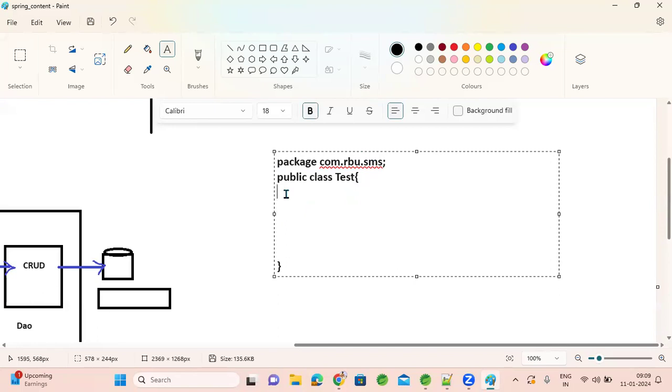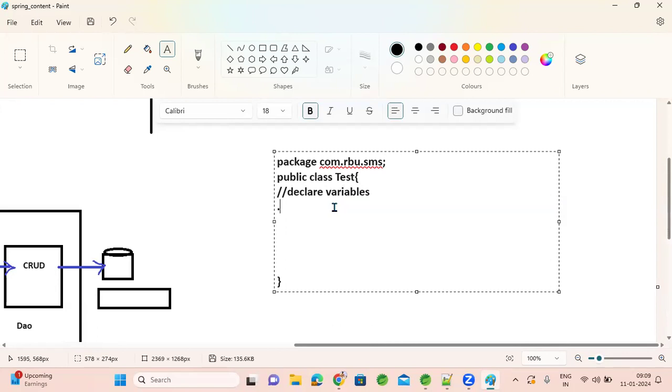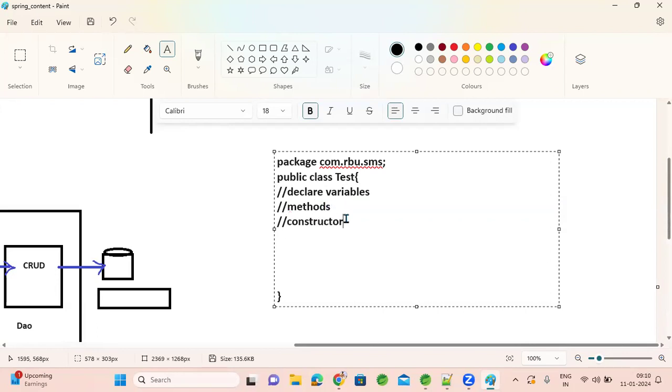which can have variables, methods, and constructors. I don't think I need to teach what is a constructor, what is a method, and what is a variable.